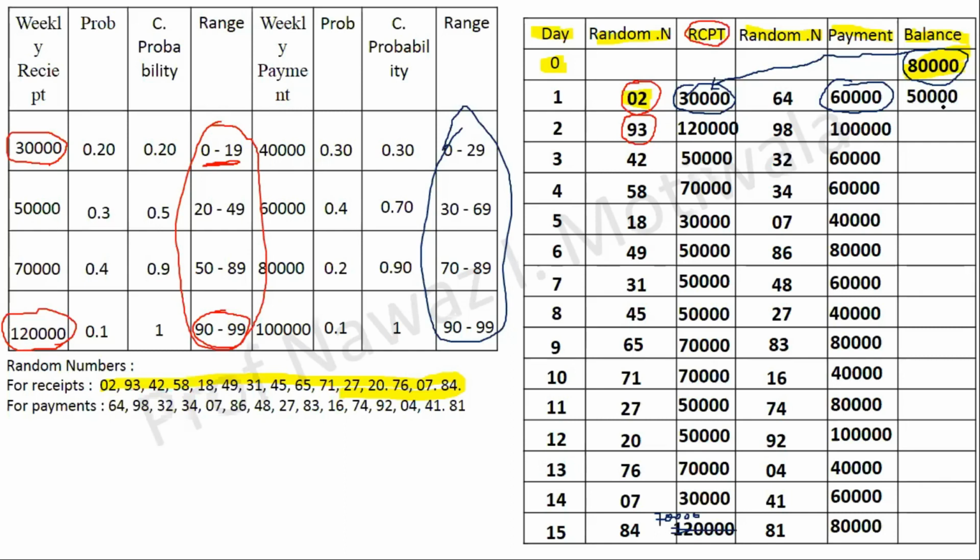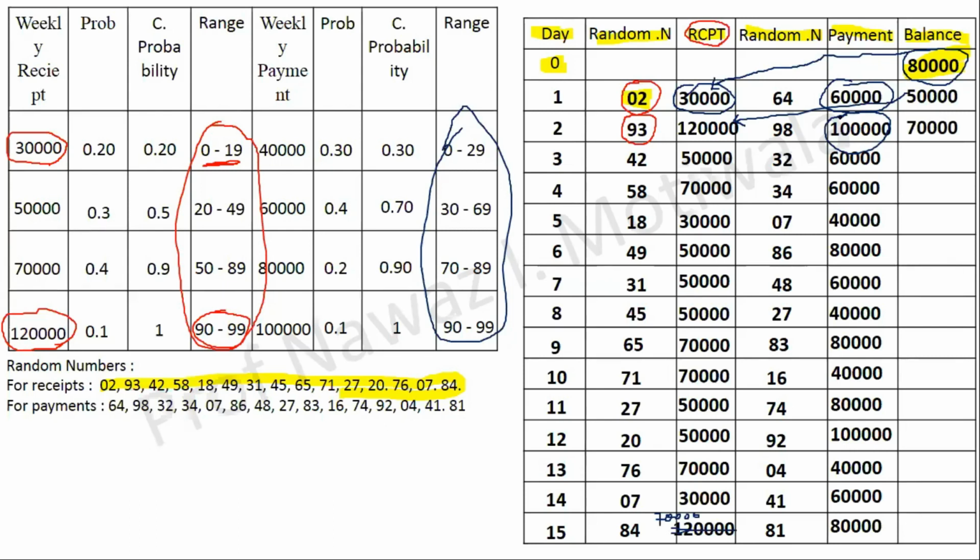Now we have to start with this only. On the first day start, I have 50,000 with me. Then I got a receipt of 1,20,000. So now in my bank is 50,000 plus 1,20,000. This comes to be 1,70,000. So 1,70,000 is with me in my bank on day 2, out of which I have to give 1 lakh on that particular day. So what balance will remain? 70,000. Any doubts? No doubt, sir.